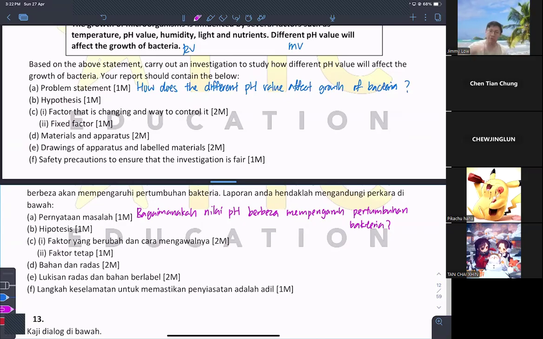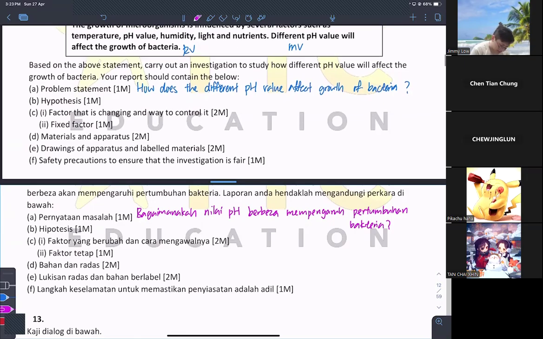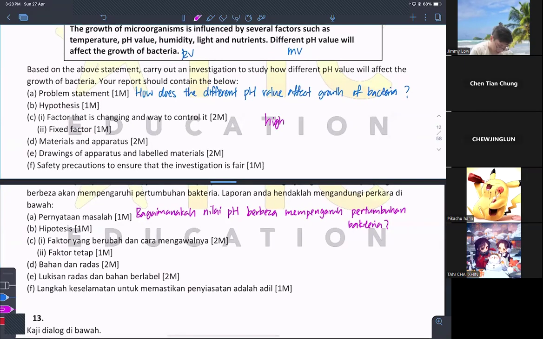So in here we have to do comparison based on what? Based on high low pH value. Here, your high low category is in one, because high or low, both of them will decrease the rate of growing of bacteria. Only normal pH value will stimulate the growth of bacteria. So you have to take two of these categories to do comparison. Use your own logic.